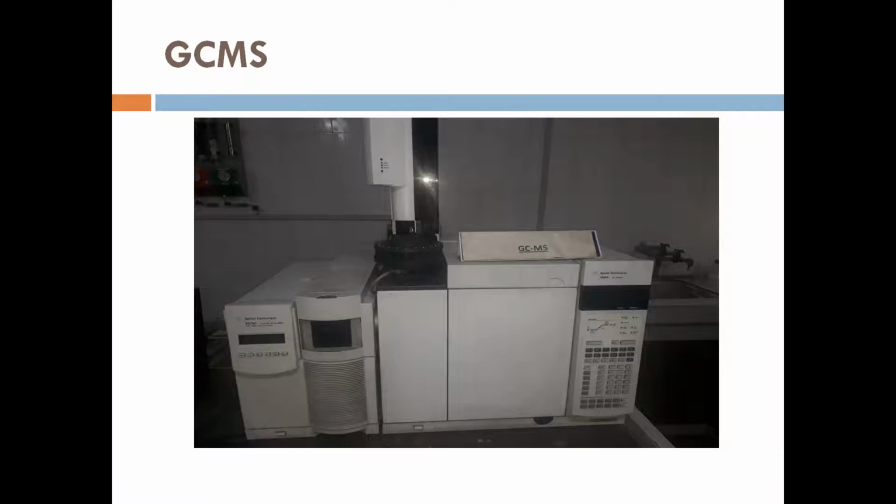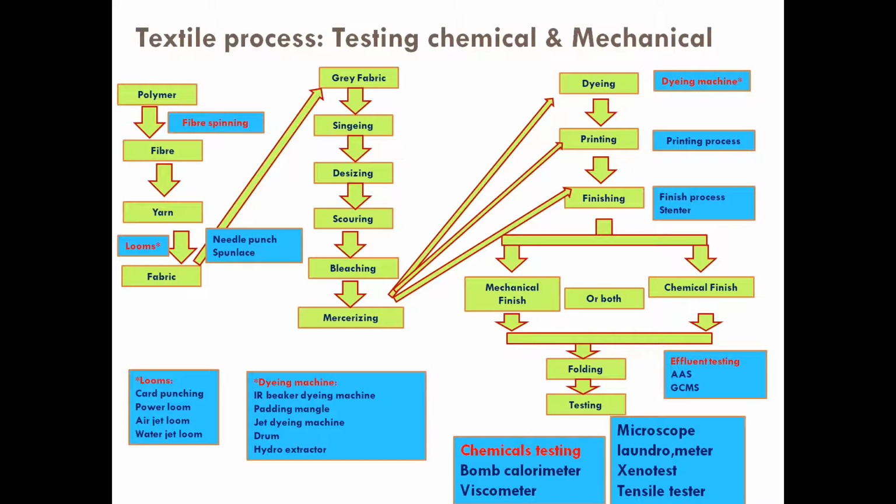So it's a very sophisticated machine that we have, and it is used by exporters, particularly those exporting to European countries, because they have very strict norms for eco parameters. Next. So now we come to our chemical and mechanical lab, where we receive samples from